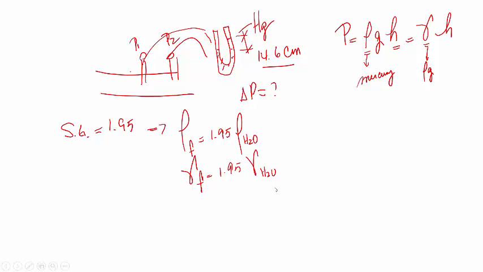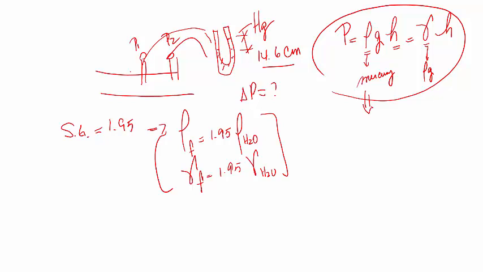So if I have 1.95, when I go to this expression for the change in pressure, then I say this change in pressure is going to be the density of the fluid here, right? And the density of the fluid is, or the specific weight, let's talk about the specific weight, 1.95. The specific weight of water, if you look at the tables, is 9,810 newtons per cubic meter, okay? And then